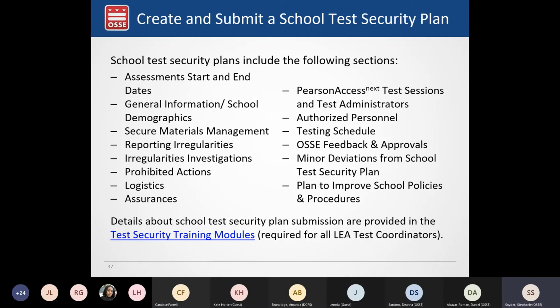As I mentioned before, there are some new questions in the school test security plan this year that are specific to remote administration, and we will be providing an exemplar test security plan with example answers and some reminders and tips soon on the OSSI website.